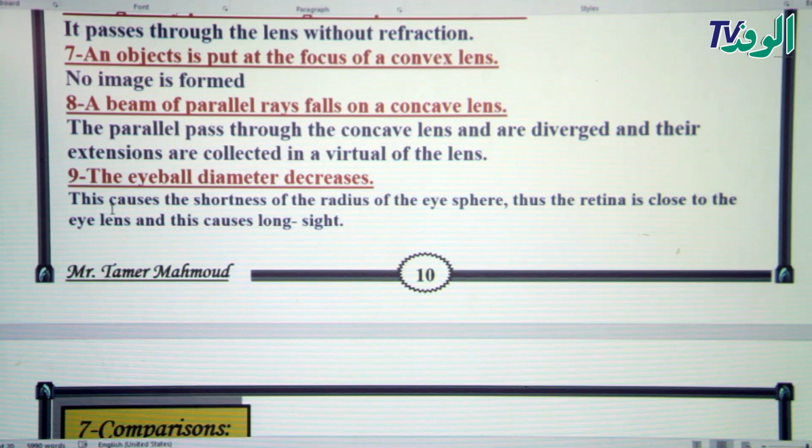The last one, the eyeball diameter decreases. What will happen? The eyeball diameter decreases. This causes a shortening of the radius of the eye sphere. Thus, the retina is close to the eye lens, and this causes